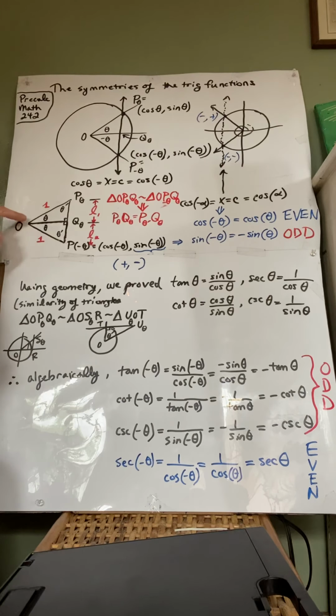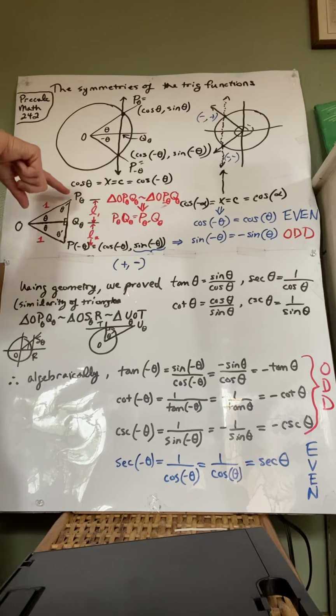They're just back to back. They're sharing the side OQ theta. So they have a similar angle, another similar angle, because those are two right angles, and they share a common side. Therefore, by the similarity of triangles, the distance from P theta to Q theta is going to be equal